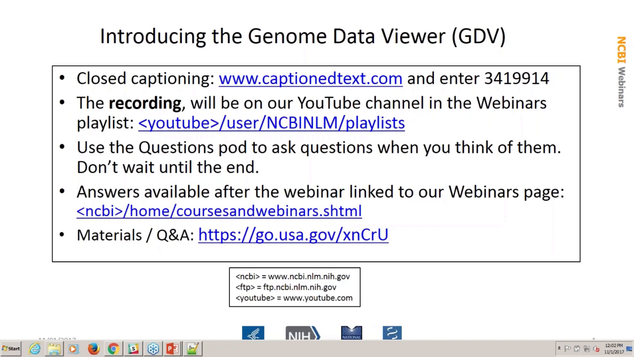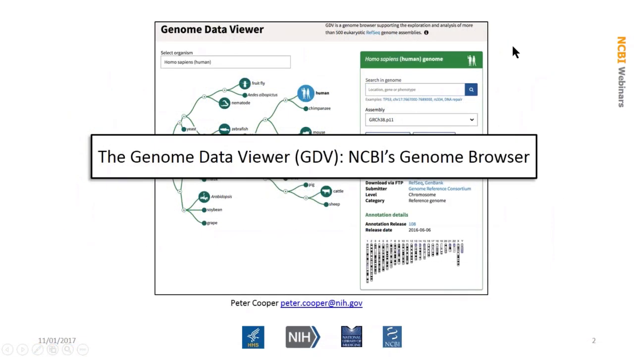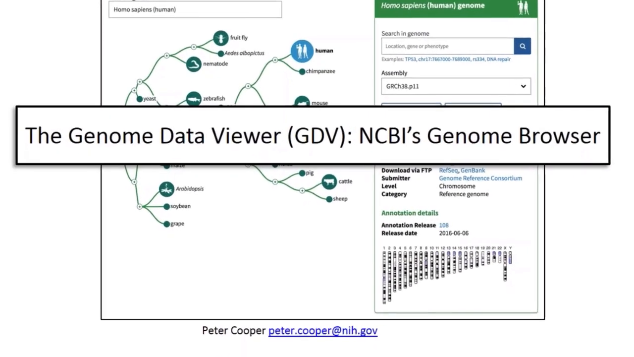Okay, so let's go ahead and get started. I'll show you a few slides, and then we're going to go over and do a live demo for the rest of the time. The Genome Data Viewer is the topic for today, and mostly today I'm going to say GDV when I mean the Genome Data Viewer, just because it's a little bit faster. And again, my name is Peter Cooper. As I mentioned, if you have any questions for me, you can write to me at that address at the bottom of the slide,